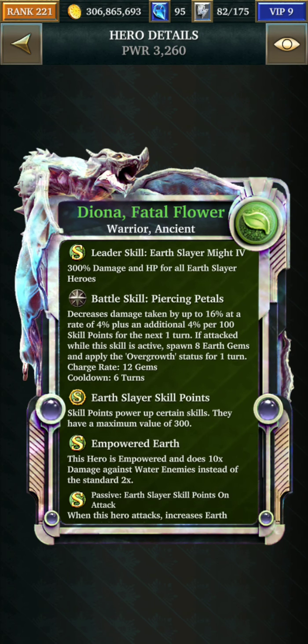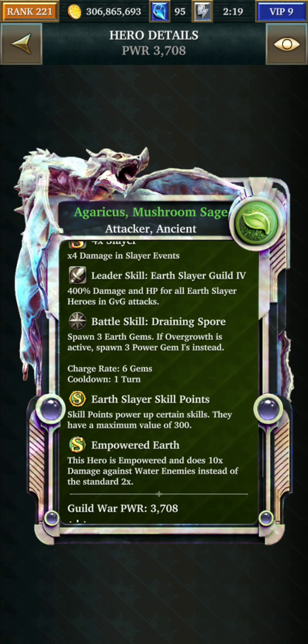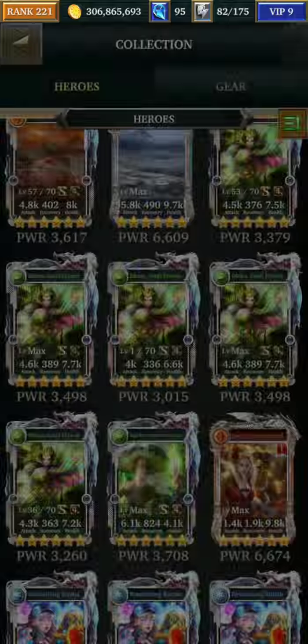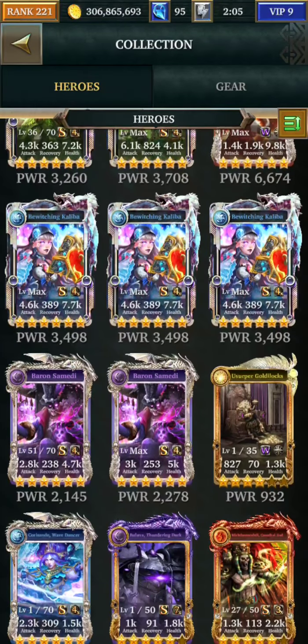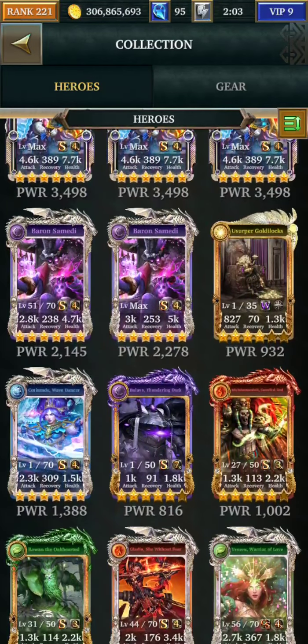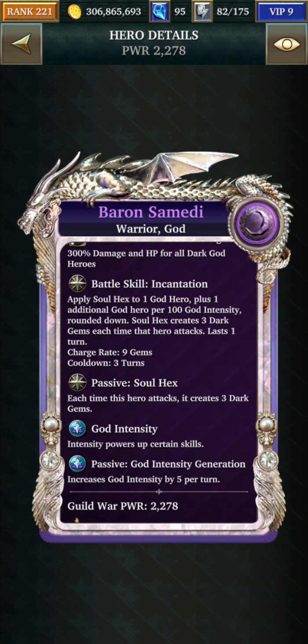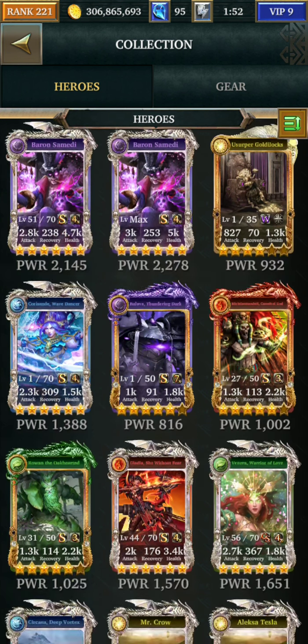But her skill, Overgrowth, applies to this guy. She has to be triggered first, then hit, and then he'd be triggered and give you 3 1s. And he's empowered, so yeah, I'd keep him, but I would definitely dust some of those. Also, I have never used 2 Barons at the same time, but you can't buy duplicates back, so...